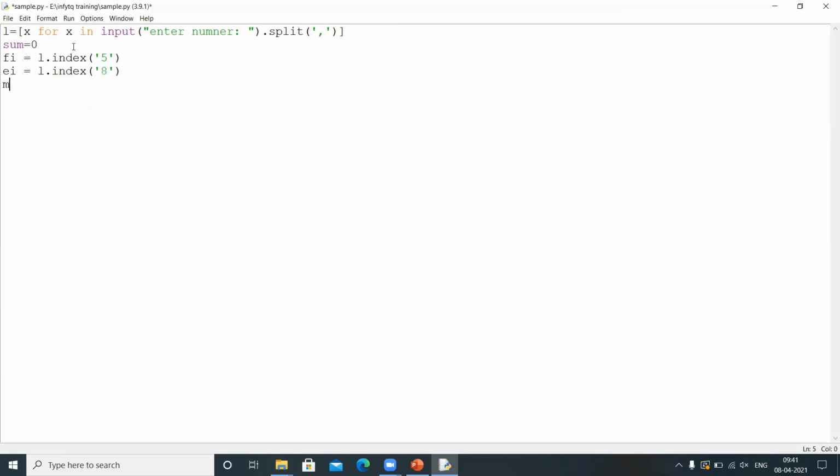What I need to do, I need to get the first number. How can I get the first number? In order to get the first number, I need to take elements before 5 and elements after 8, right? So my list equal to L of the elements before the 5 plus the L of the elements after the 8, right? You got the first number, my list. And how will you get the first number? You need to sum all the elements, right?